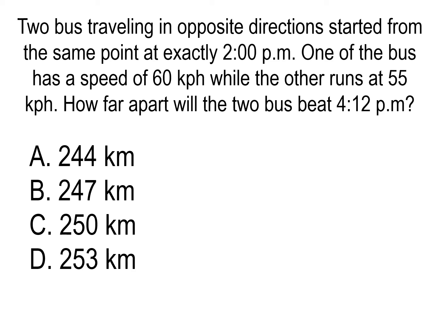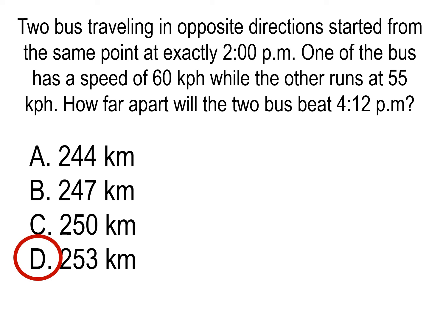Okay, next problem is about distance problem. Two buses traveling in opposite directions started from the same point at exactly 2 o'clock p.m. One of the buses has a speed of 60 kilometers per hour, while the other runs at 55 kilometers per hour. How far apart will the two buses be at 4:12 p.m.? Meaning,